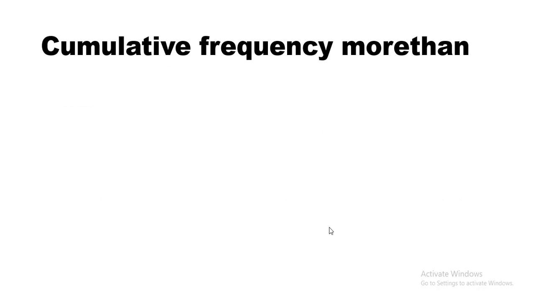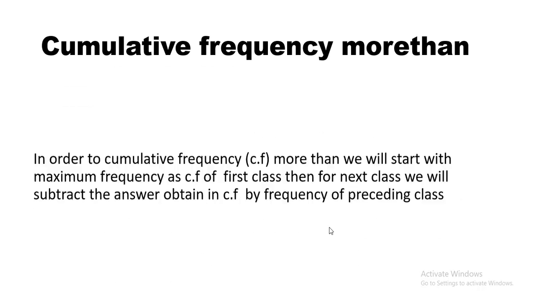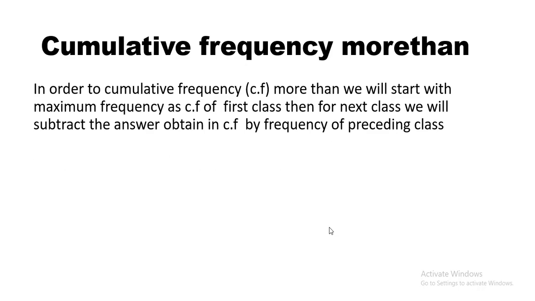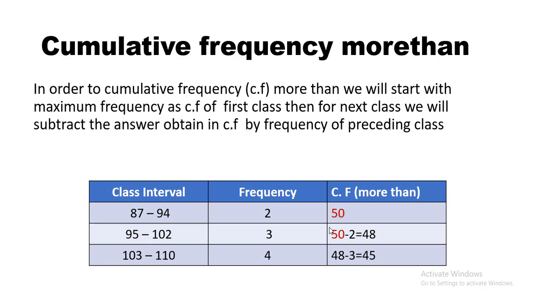Alright, so moving on to cumulative frequency more than. In order to find cumulative frequency more than, we will start with the maximum frequency as the CF of the first class. Then for the next class, we will subtract the preceding class frequency from the answer obtained. Now what does that mean? See, earlier